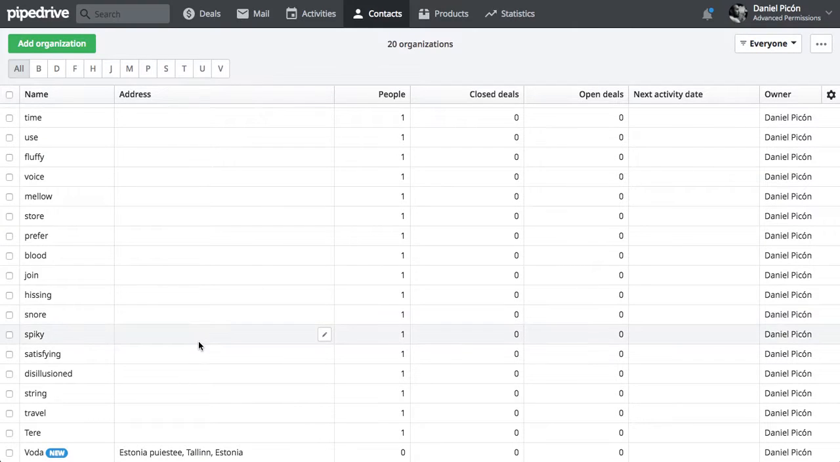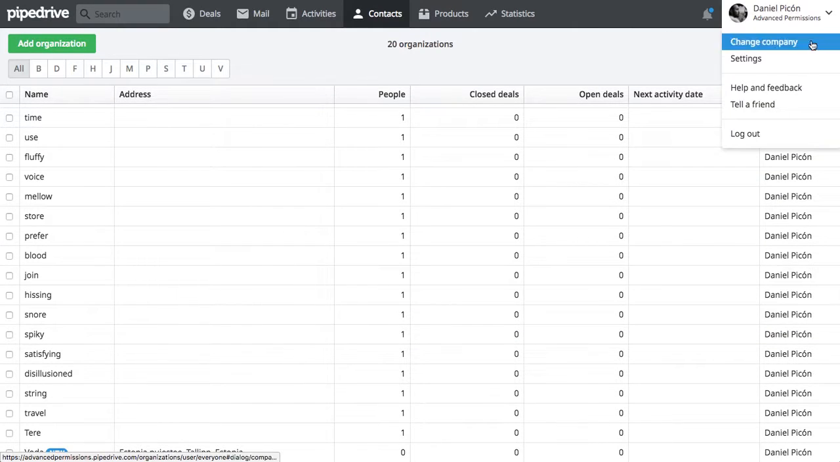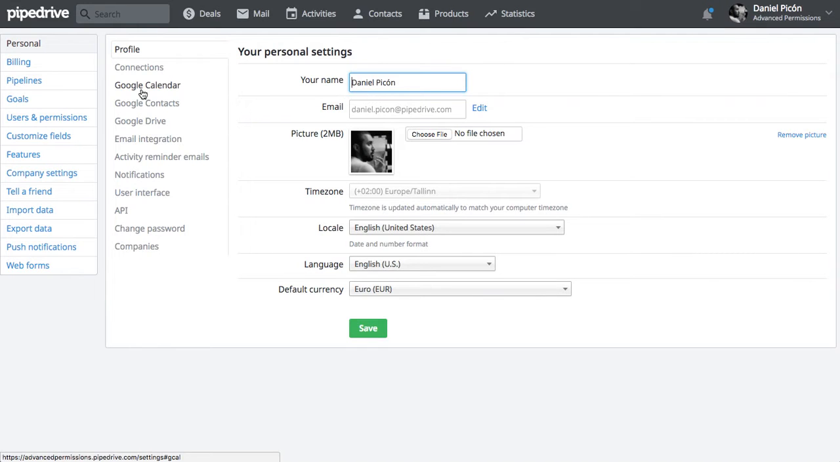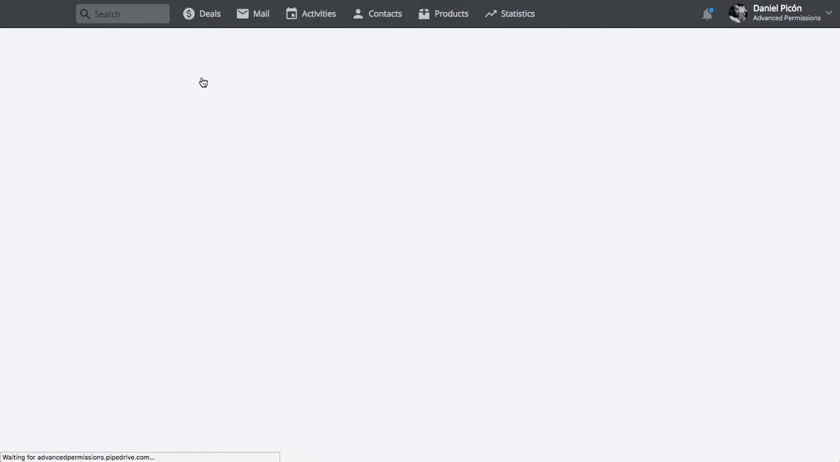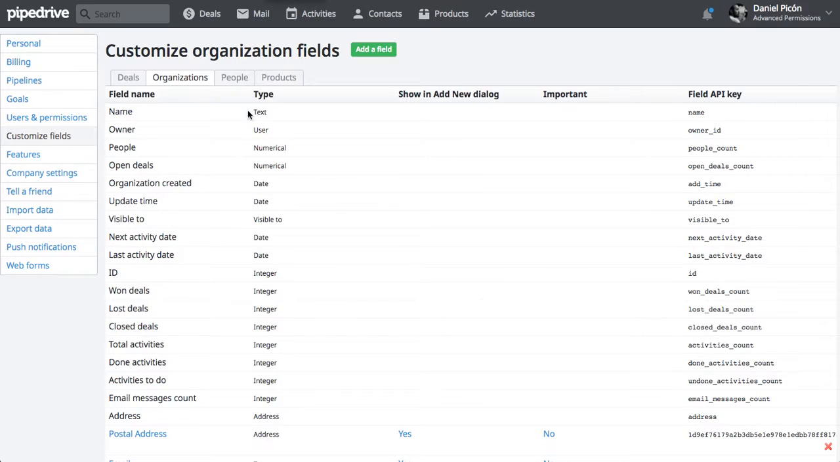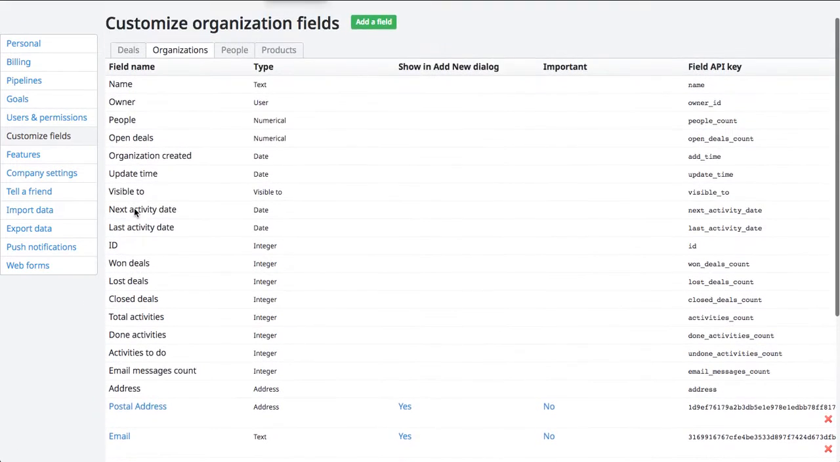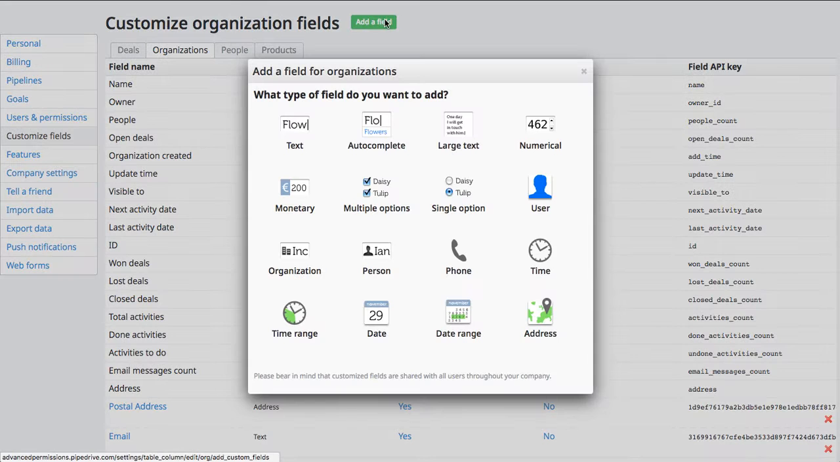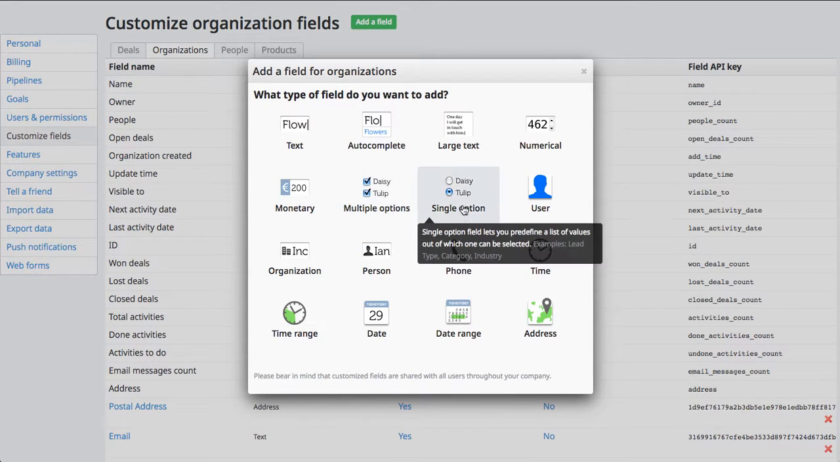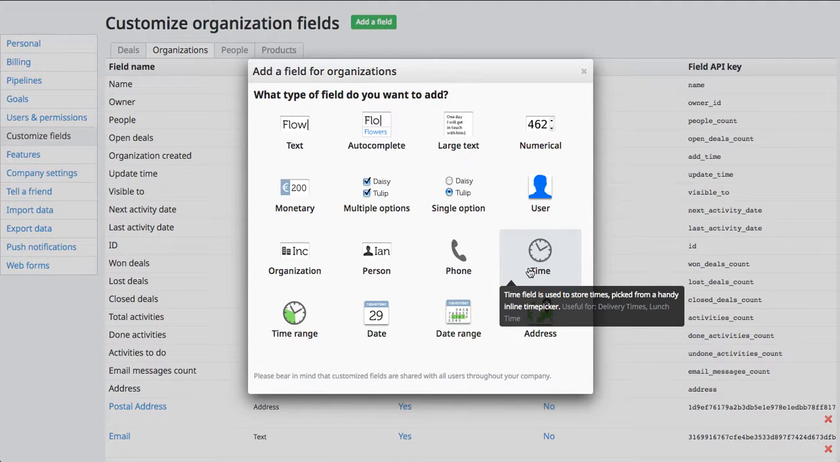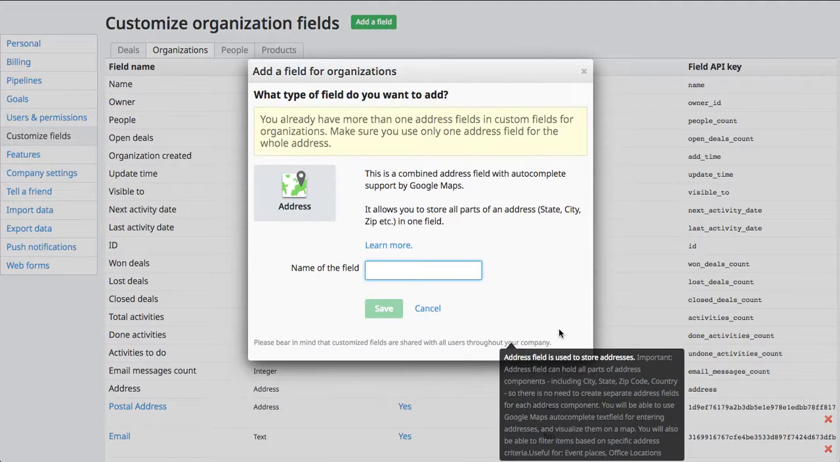So one thing that I can do is go over to the settings and add more address type custom fields to organizations. So here we have just one address field. Let's go again to this add a field, and where's address? Oh, there it is. So let's just call it address branch,